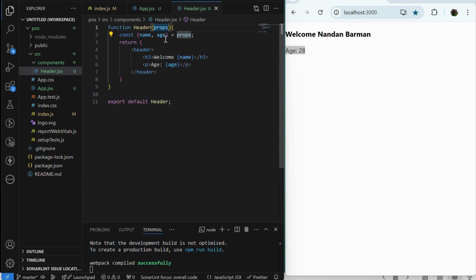If you want to use some local variable, for that purpose we can use state. Like local data, if you want to update some local variable or local state inside the component, how can you use it? For that we have state. In the next video we will see how